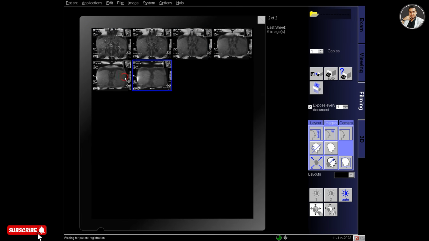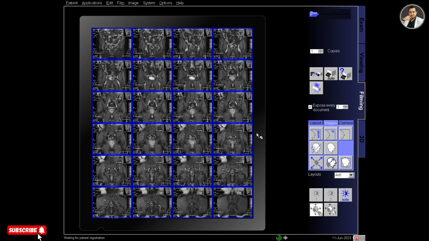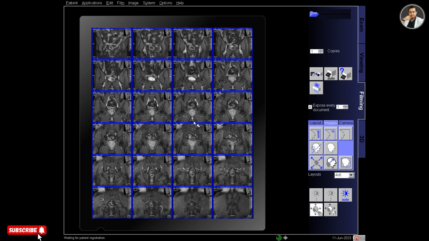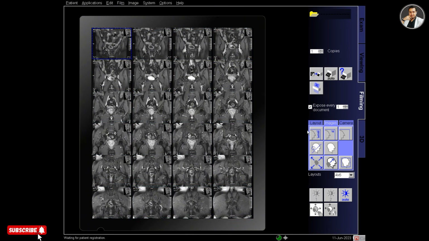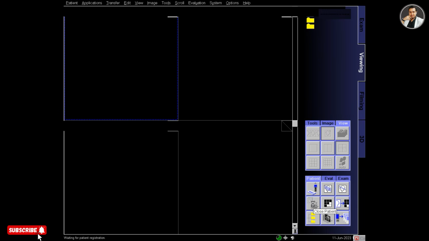There are an extra 4 images, so delete some from the front and back so that only one film remains, zoom in the image, adjust the contrast and adjust the window, and then print out. So that's it for MRI of the whole abdomen.